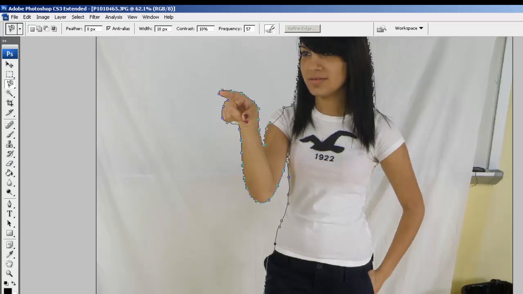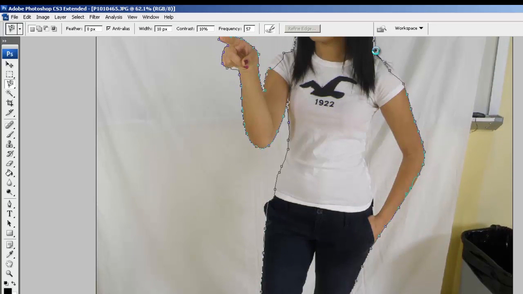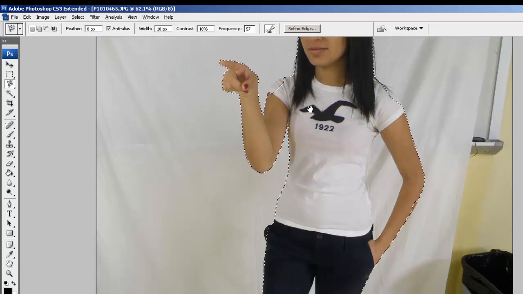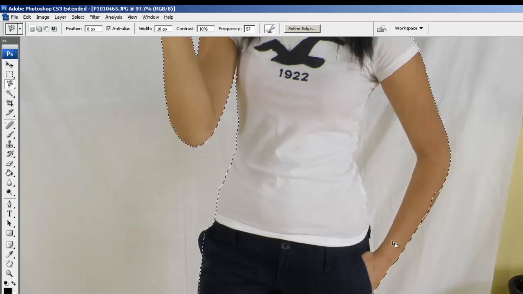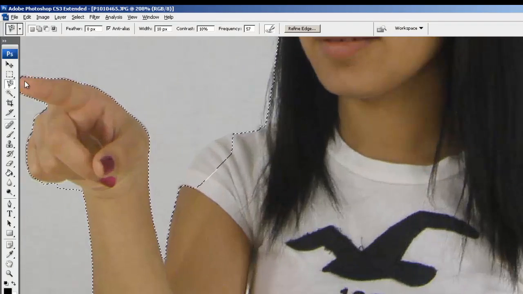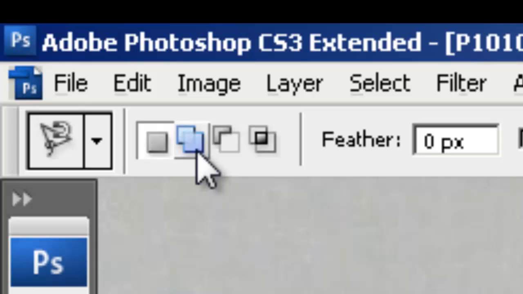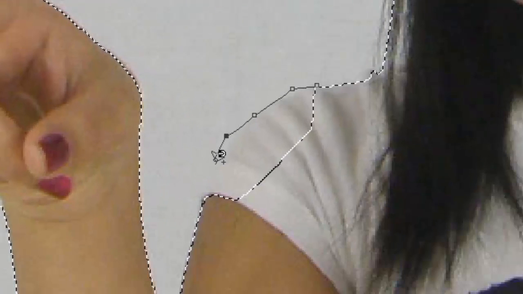So I'm just going to go this way, pretend I got her legs. Okay, so there we've got a selection, but we didn't get everything, did we? We need to go and get this interior space, and we need to sort of clean up this area right here. So what I can do is click on the addition selection and click right here,